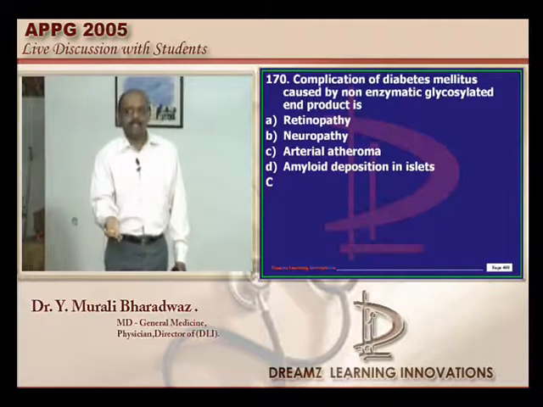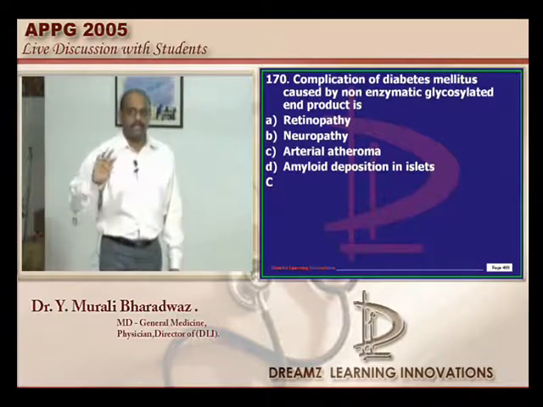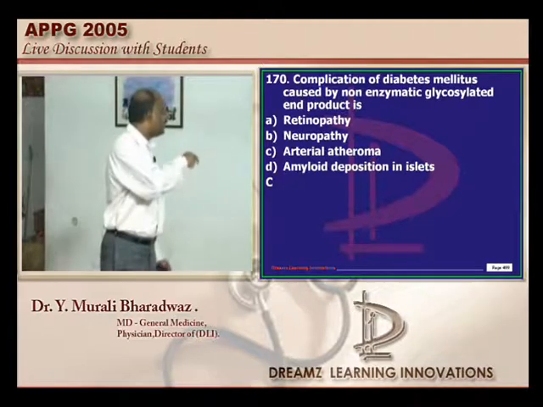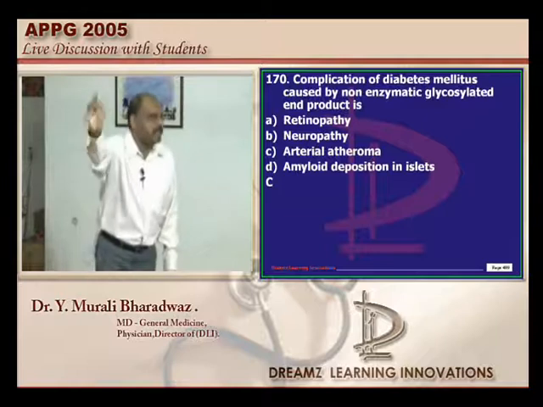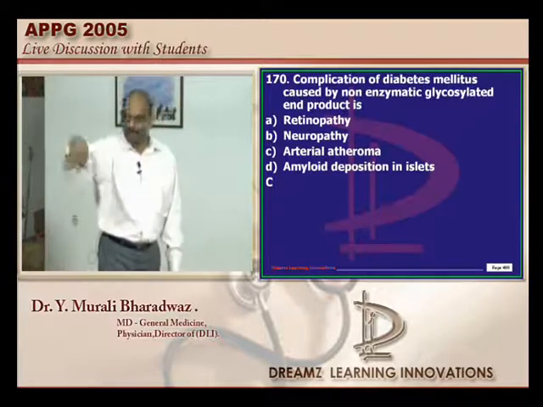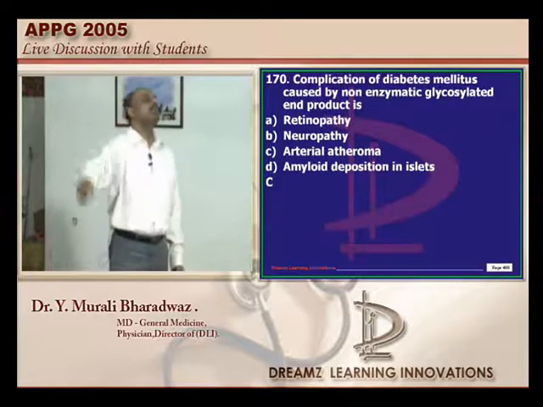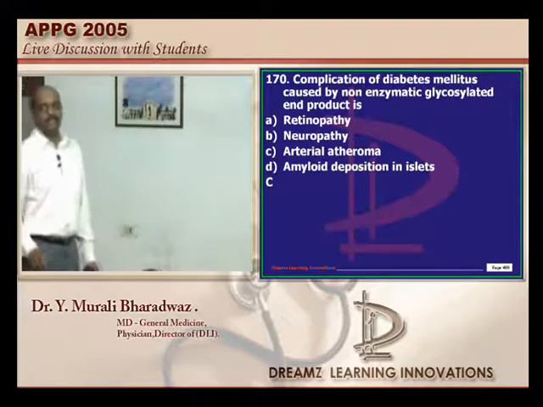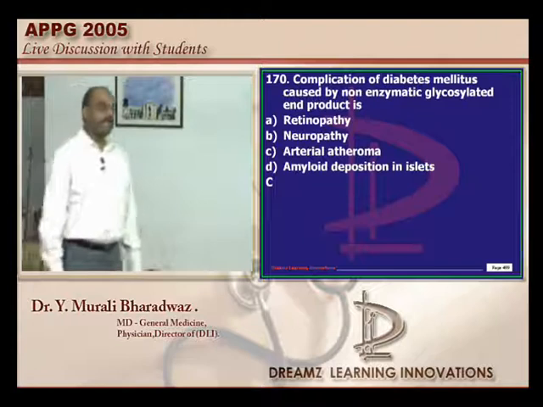So who is inviting the LDL? In a patient who has uncontrolled diabetes, uncontrolled diabetes leads to hyperglycemia. Hyperglycemia leads to non-enzymatic glycosylated products. Non-enzymatic glycosylated products will go and sit on the endothelium, invite the LDL, make it deposit the fat tissue, and that leads to atherosclerotic plaque. Hence arterial atheroma is a common complication of diabetes associated with the non-enzymatic glycosylated end products, is what